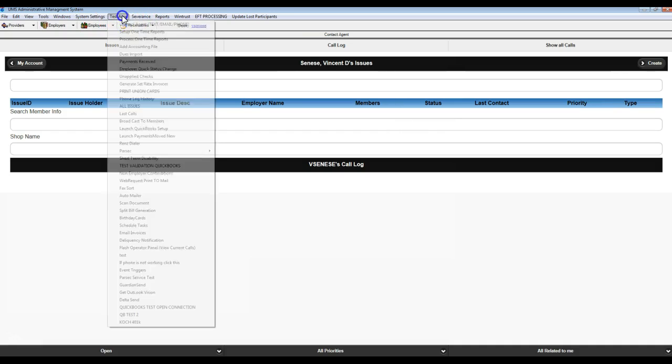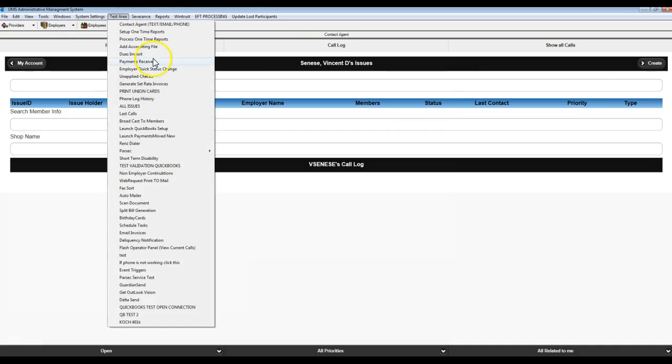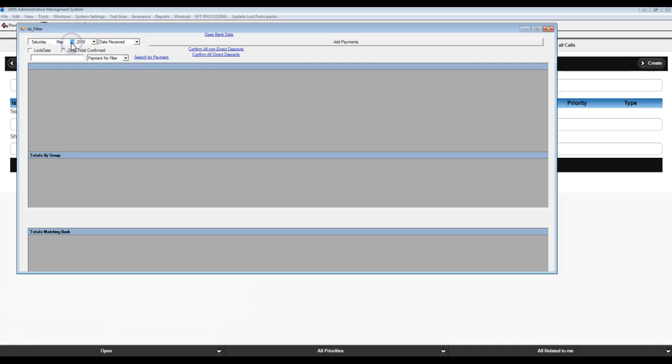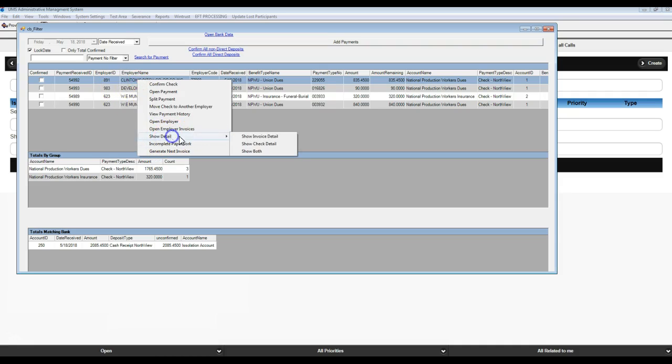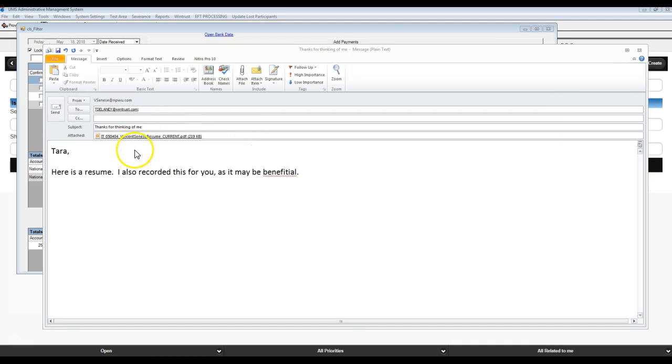When I go into my CRM for the day, let's look at that specific day's data. So let's look at the 18th. Here are the checks that came in. If I wanted to see this data, let's say I wanted to see the invoice related to it, I do show me invoice. And in a second here, I will get the picture of the